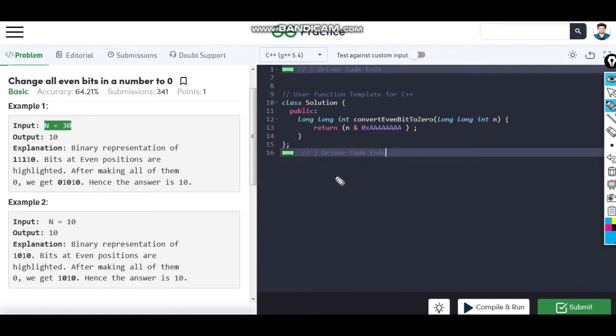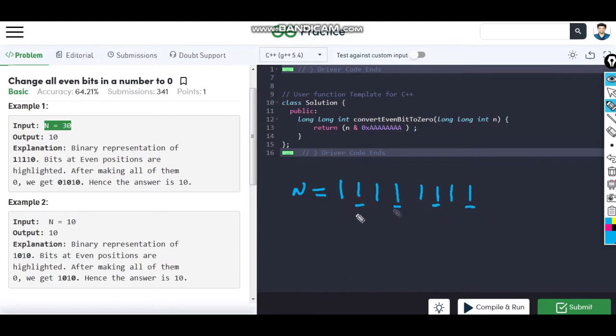So let's say we have a number, let's say this 1 1 1 1 1, and we have to change all the even bits in this number n to 0. Let's say it has bit positions 1 2 3 4 5 6 7 and 8, and now I have to convert all the even bits, that is 0th, second, these are the bits, right? Even bits I have to convert to 0.